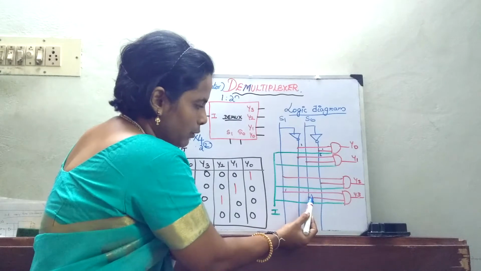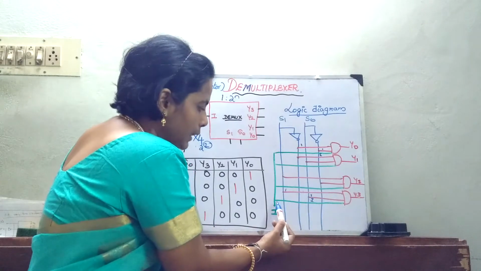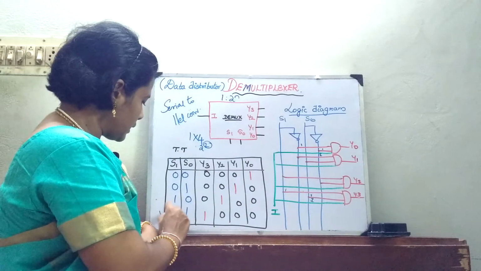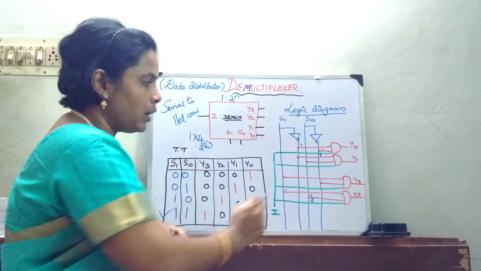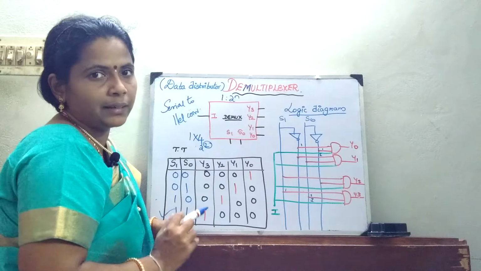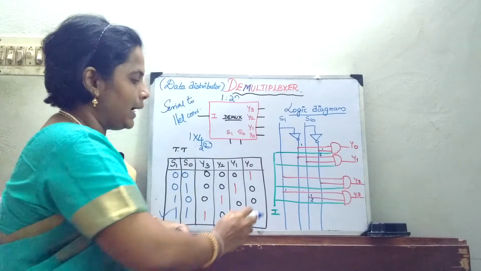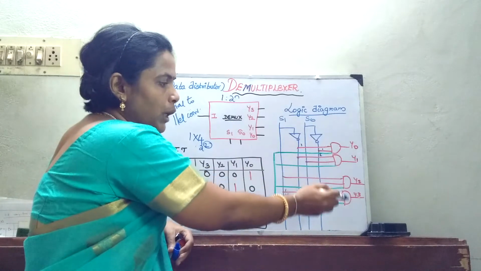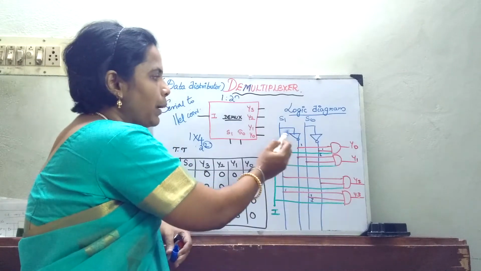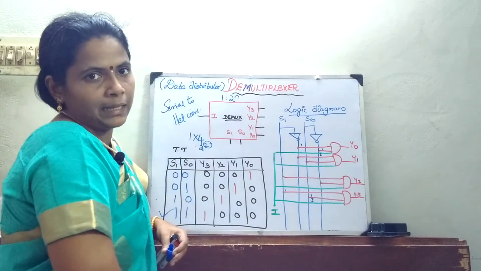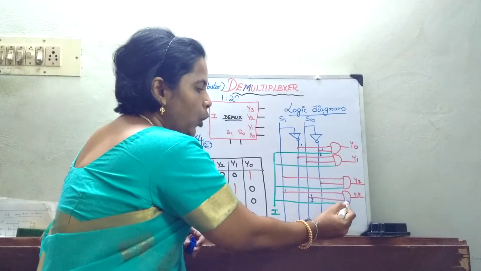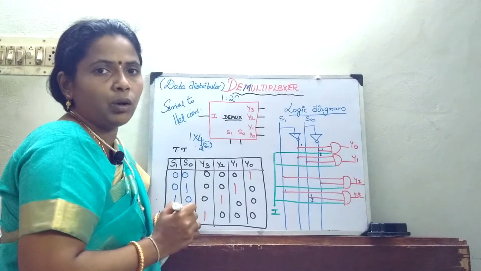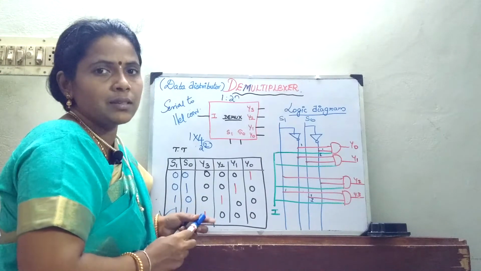So the data which is taken from here is directly 1 1, and this input I is given. Whenever I take this 1 1 condition, my Y3 channel is selected. In that case, only one input data is going to be transmitted through any one of the activated outputs, depending upon my select lines. So you will get the output across your Y3. This completes the working of your demultiplexer circuit.